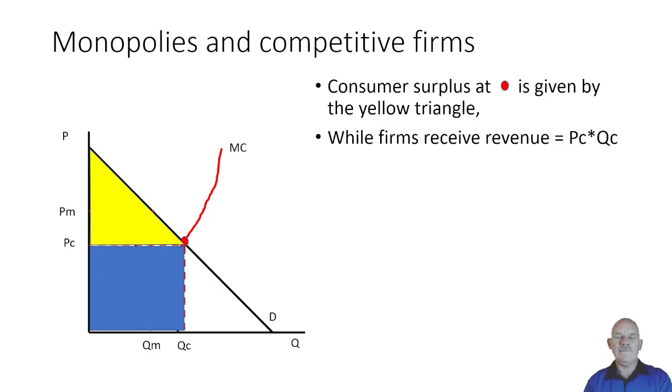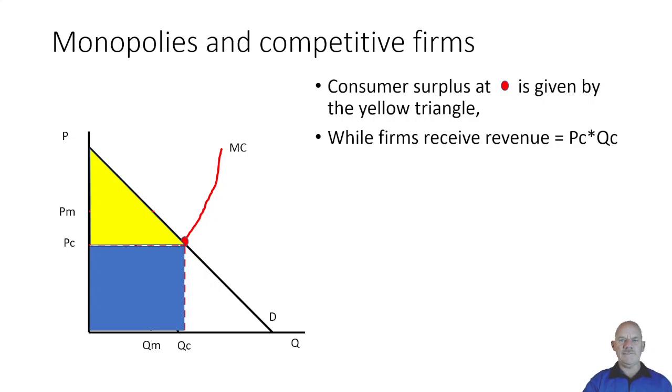This is the second video on chapter 4, and we ended the last one where we said that the yellow triangle is the consumer surplus to consumers. If competitive firms sell at PC and they sell quantity QC, the firms receive the blue triangle amount of money. Now we want to compare the sum of yellow and blue to what will happen in the case that